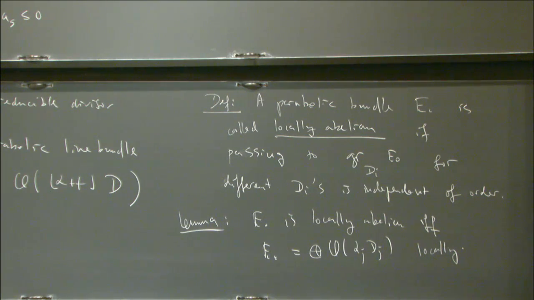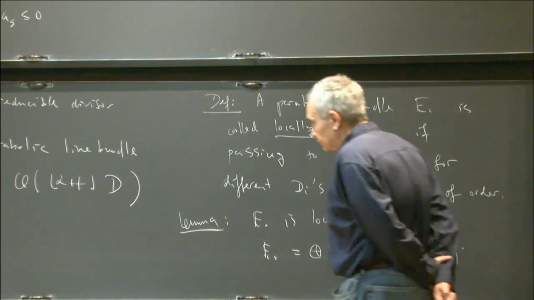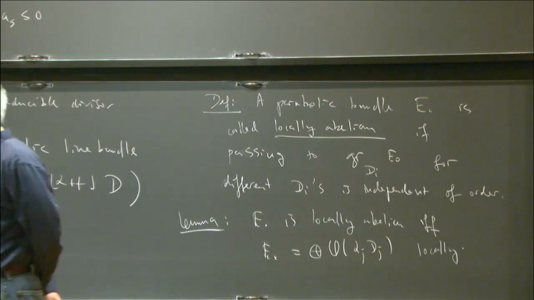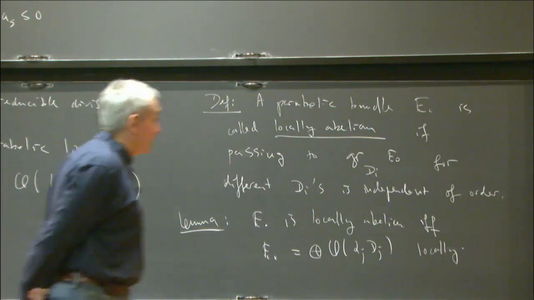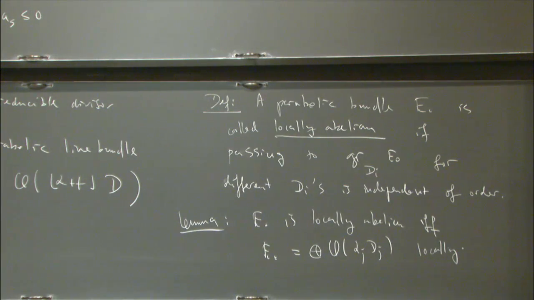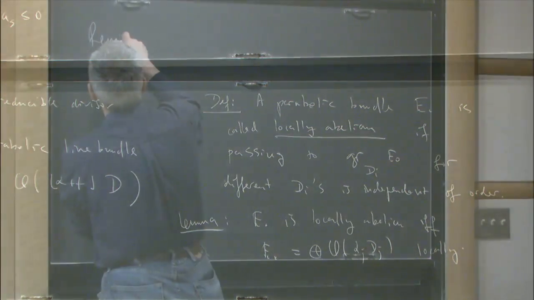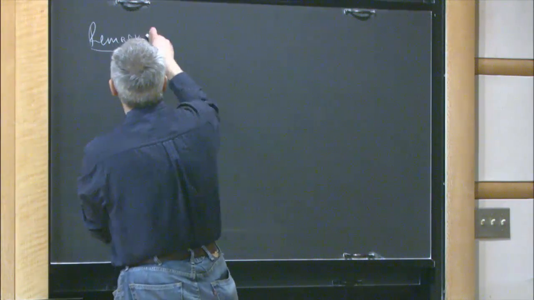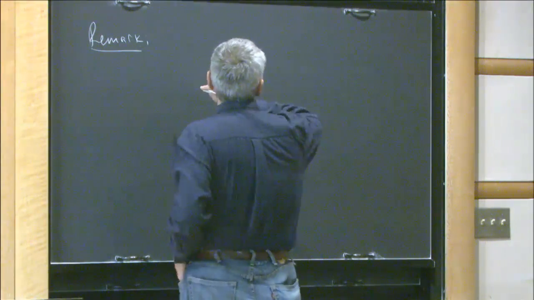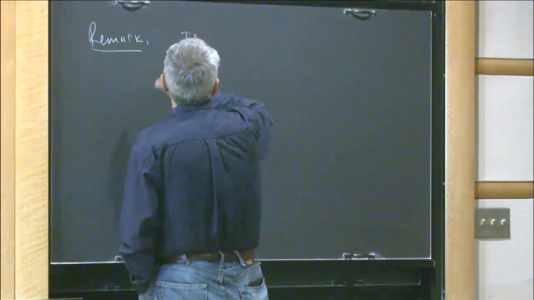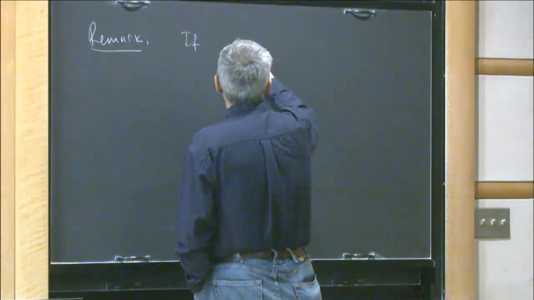So, if you assume that the jumps are rational numbers, is it the same as a vector bundle on the orbifold? Yes. I mentioned it last time. There is another remark which is very useful when you try to prove things, because you can do reasoning on an orbifold, understand what's happening there, and then rewrite it in the parabolic language. But the other remark is that if the jumps are rational numbers,